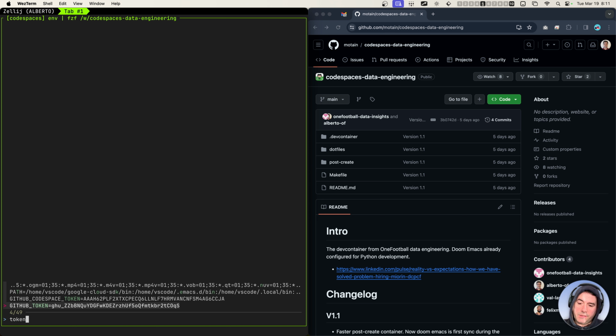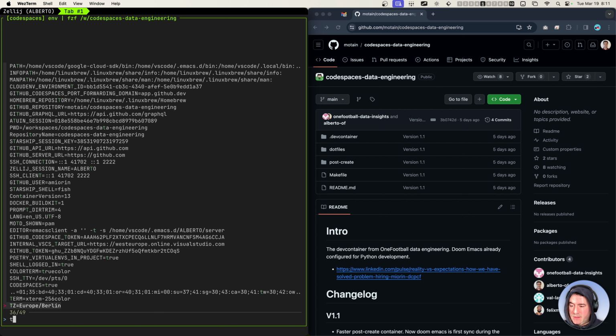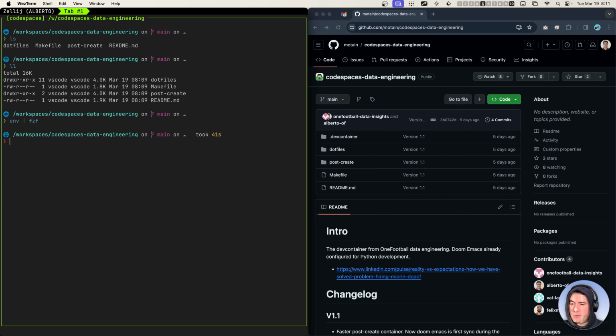So with this token, it's not equivalent to a token created manually, like a personal token, because this token has a smaller scope, not in terms of scopes, because that's a little misleading, scope with two meanings. But the thing is that out of the box, if we open Emacs,